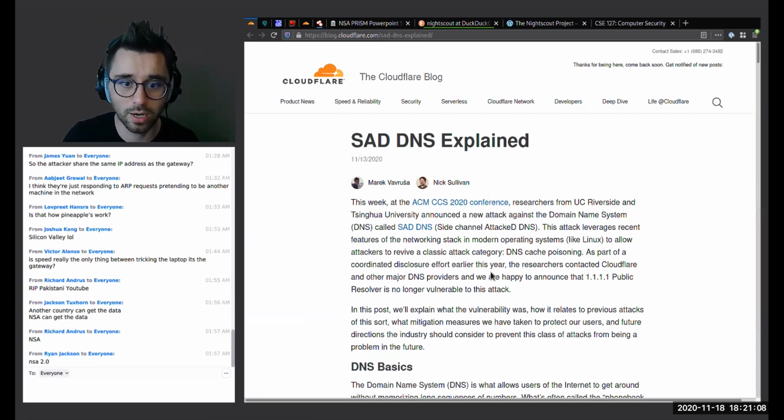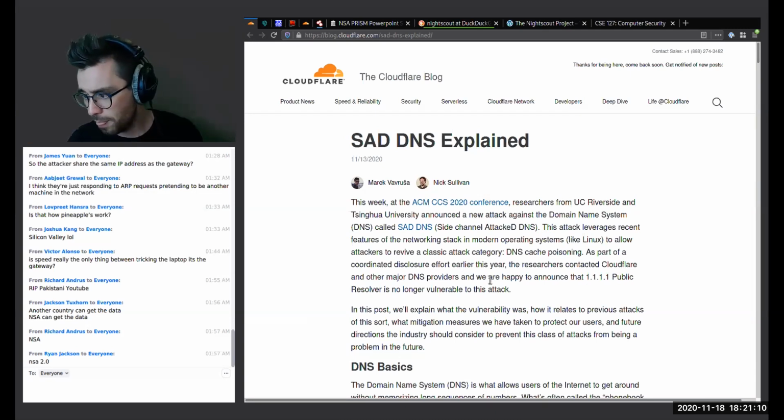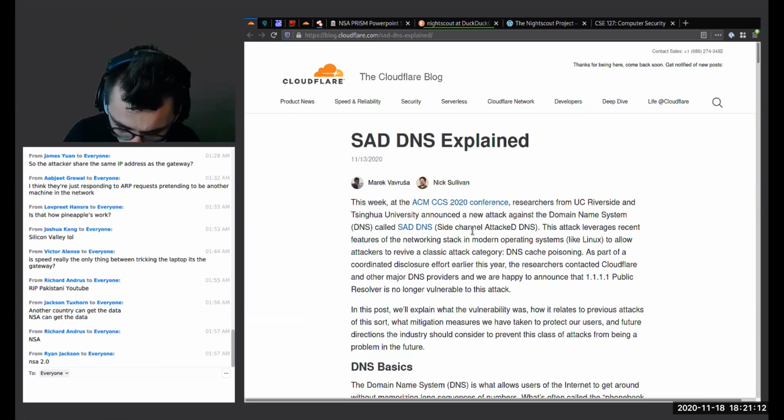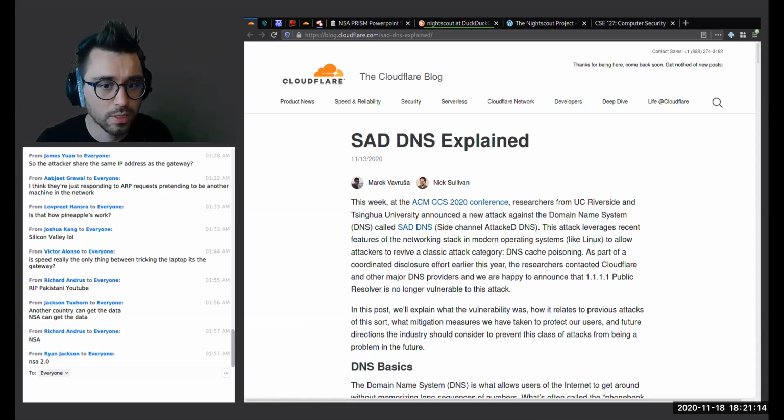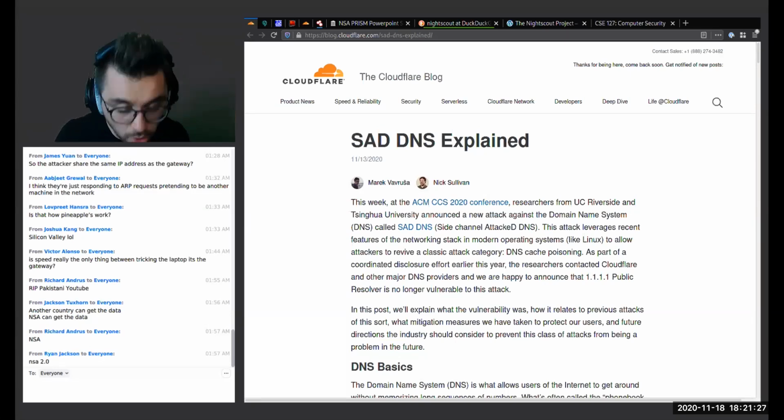It's able to carry out similar kinds of DNS spoofing attacks, but does so using more clever techniques that go beyond just brute force trying to figure out the random port and the random query ID. Okay, so this is all I have for today.